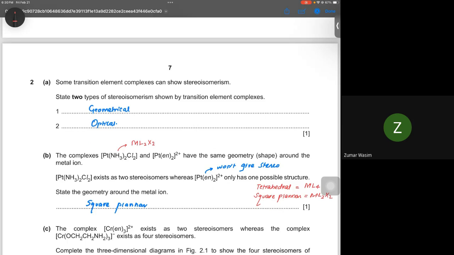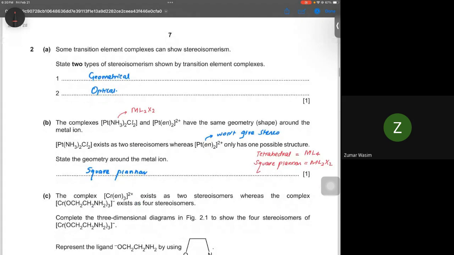In part B, they are saying the complex is platinum, then ammonia, then chlorine. There are two different ligands. It's the case ML2X2. I told you about different cases. Sometimes we have three same ligands, one different. Sometimes two different. So it depends on the nature of the transition metal complex. In this question, they have given you two different complexes that have the same geometry,